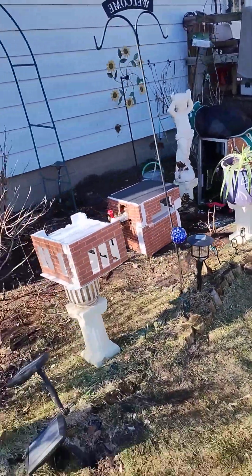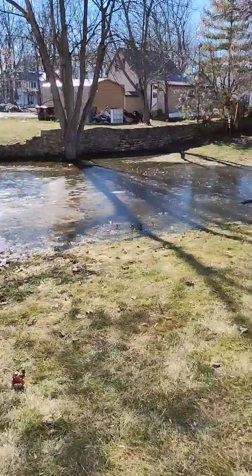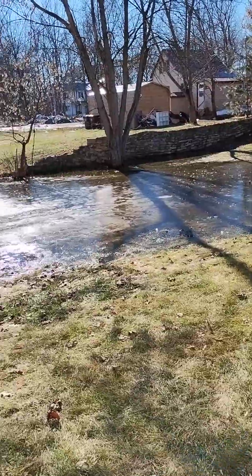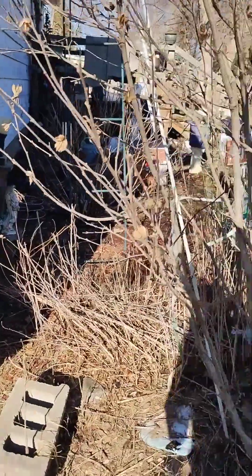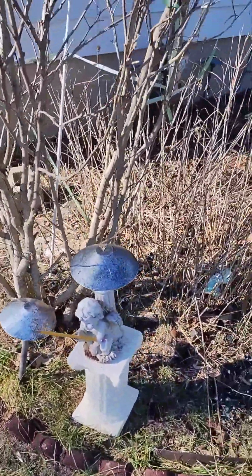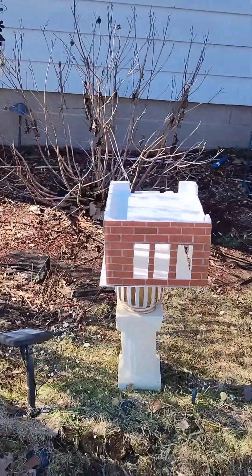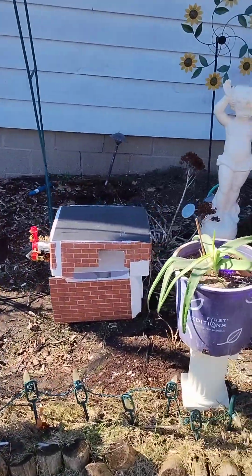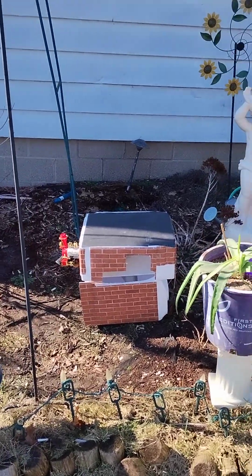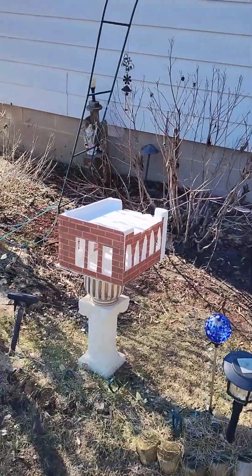That's Florigato and his air hub. And right now, the water has frozen over, but right there is one of our resident squirrel dogs. I haven't put any more pillars out right now because it's building up little by little, so by the time Madre gets back, because she unfortunately had an accident and broke her leg, she's in the hospital right now, so when she gets back, she'll be more than thrilled to see her garden thriving,